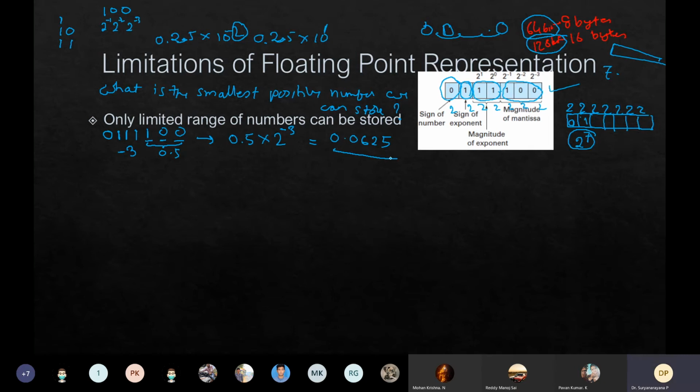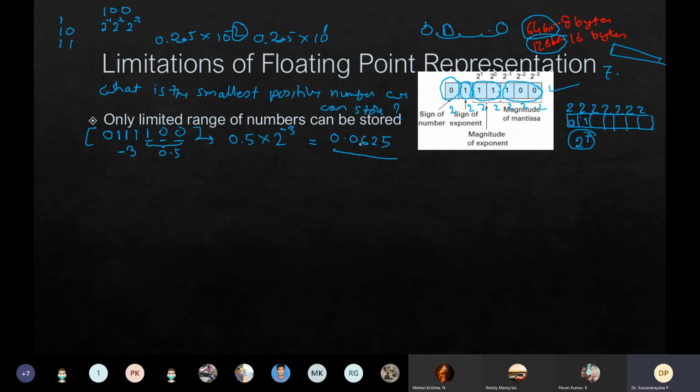Okay. Now the question is, what is the next number that you can save? Again, I'm showing you a very bad case just for the sake of illustration. In the real ones, it will not be this bad, but there is a limitation. There is a limitation: less than that number, you cannot store in the computer. Going forward, this is the smallest positive number that can be stored. Anything less than that we cannot store. That's called an underflow error.